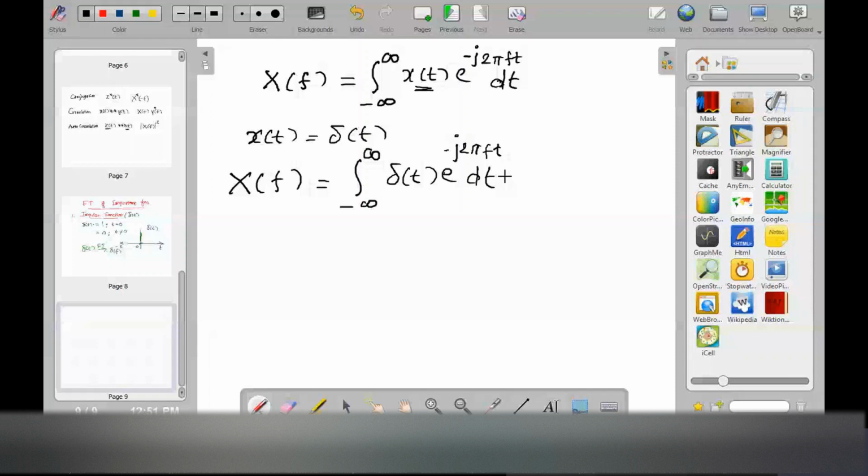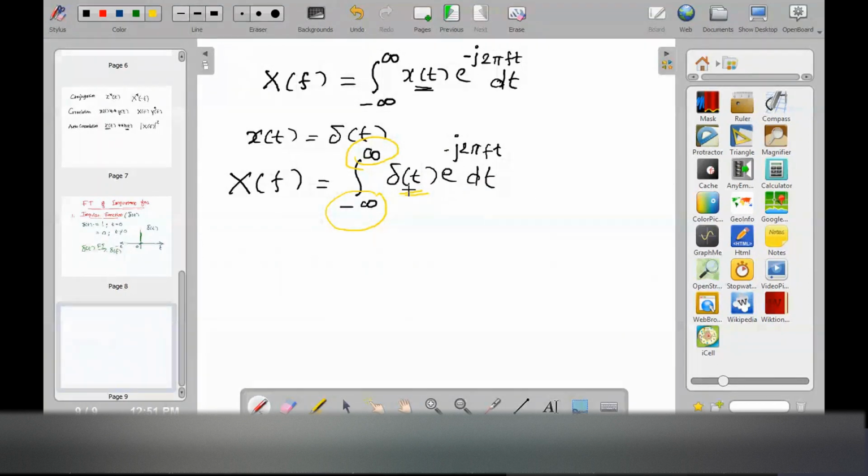If I look at the right hand side of this equation, the integration is from minus infinity to plus infinity. Can you tell me where the delta of t exists? At what value of t? 0. If t is not equal to 0, that means above 0 till plus infinity its value is 0, and below 0 till minus infinity its value is 0. Since delta of t is 0 if t is not equal to 0, that 0 into the exponential will become completely 0.